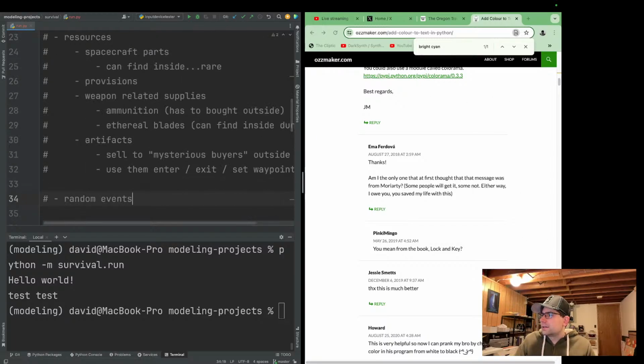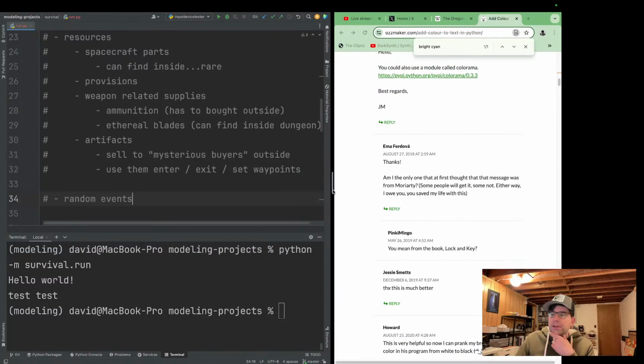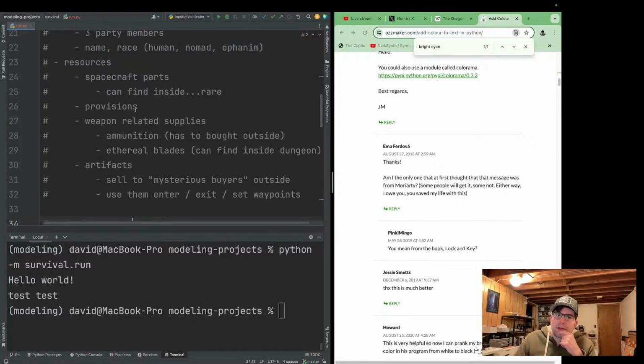Yep, that's exactly right, Skunk's Workshop. It's a good way to find out what variables I need. I'm going to try to keep this really simple, so all of these resources are probably just going to be tracked by a single variable each that stores the quantity. We're not going to distinguish between different items. The goal is to write this in a clear, simple way, but also in a way that would be easy to port to a retro system, and I think that would be a really cool thing to do.